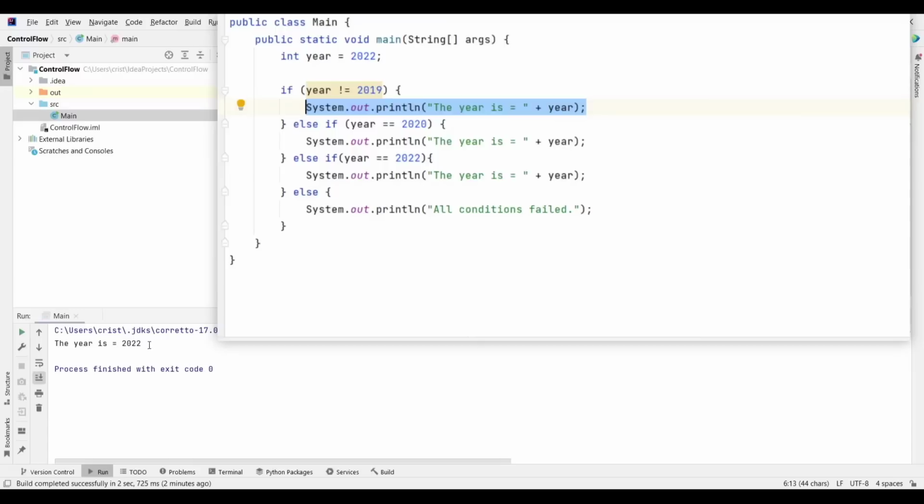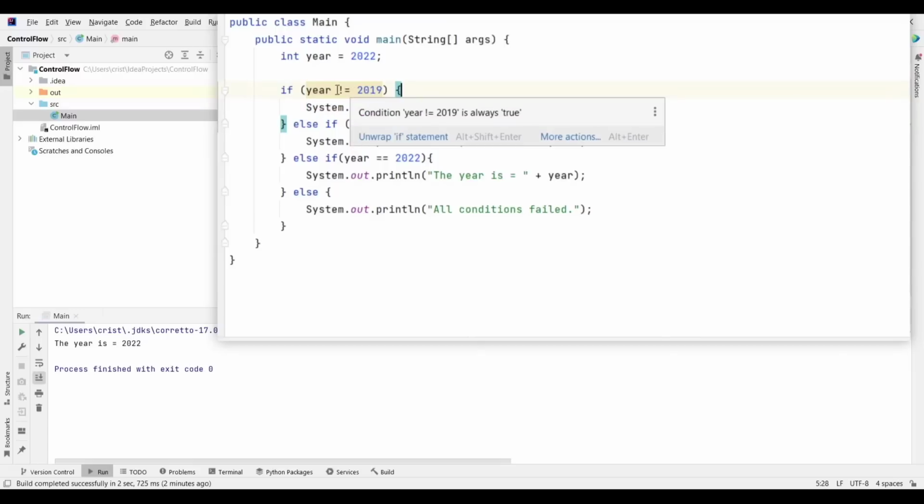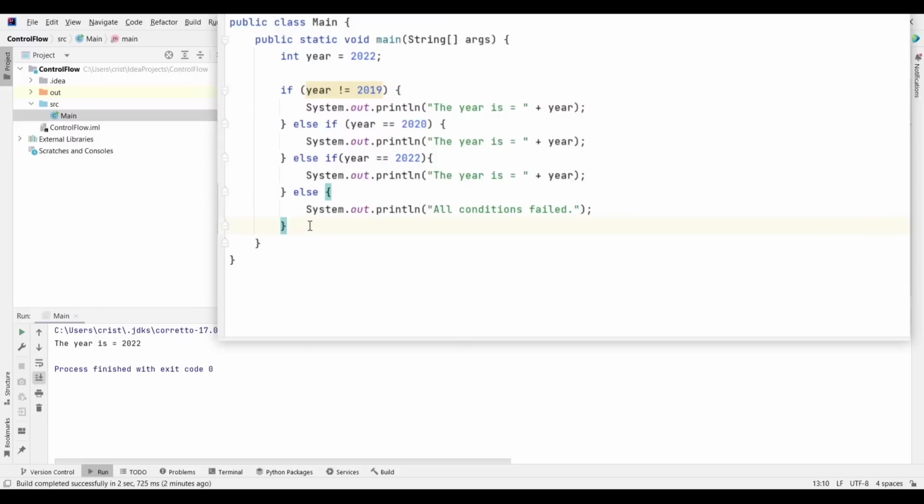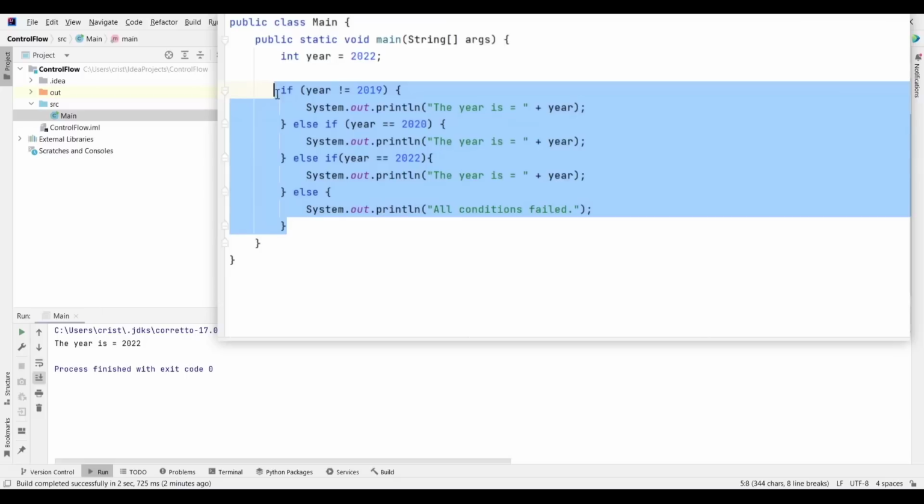Our two operands, year and 2019, are not equal, and this is true. And now with this I'm going to end our discussion about else if, and you can put as many else if as you wish. Let me show you first how we can use the logical NOT operator to switch a value from true to false and from false to true.